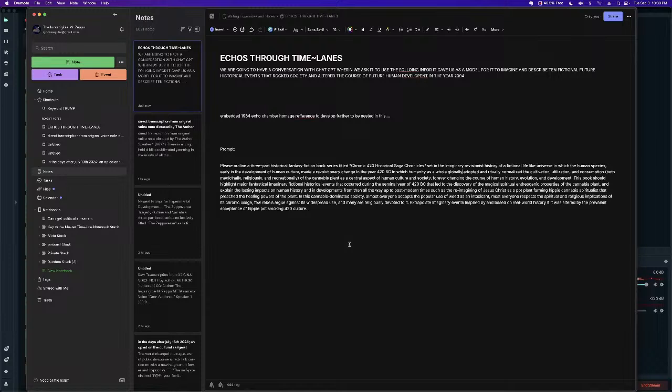This book should highlight the major fantastical, imaginary, fictional, historical events that occurred during the seminal year of 420 BC that led to the discovery of the magical, spiritual, and entheogenic properties of the cannabis plant, and explain, oops, I forgot to edit that out in my brain for the mouth to redact, explain the lasting impacts on human history and cultural developments from then on,